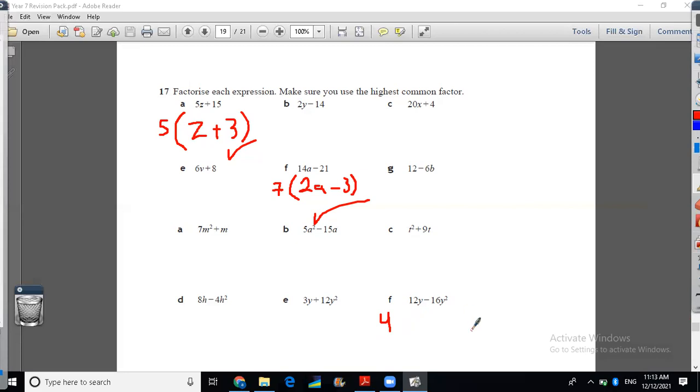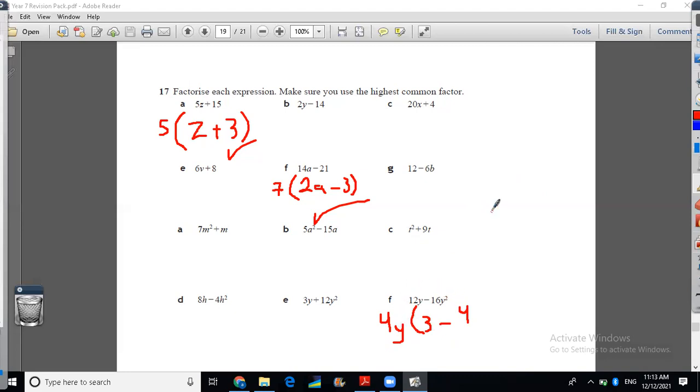y and y squared. Oh yeah, I have the same variable, but not the same power. I'm going to take the one that is less and write it outside this way. Now open the brackets. 12y divided by 4y: y divided by y, bye. If you have the same variable divided by itself, bye. So now 12y divided by 4y is just 3, minus 16 divided by 4 is 4, but y is squared